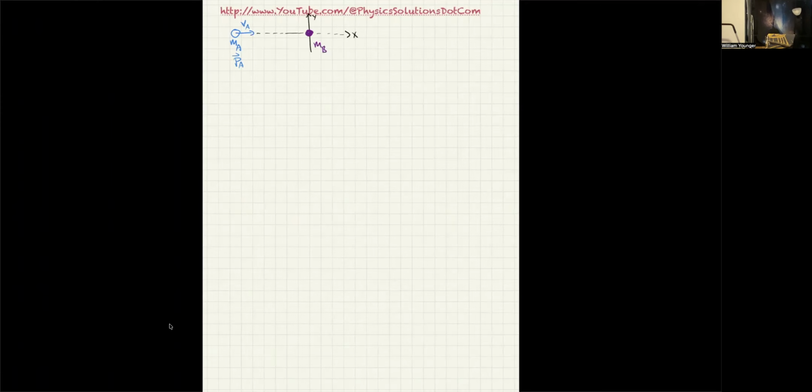That particle has a mass m sub b. Now, what's going to happen is that this m sub b might actually be sent off in this negative direction, and it's going to have a velocity v sub b prime right there. And that, of course, is a momentum p sub b prime as well. And this would be at an angle theta sub b prime.